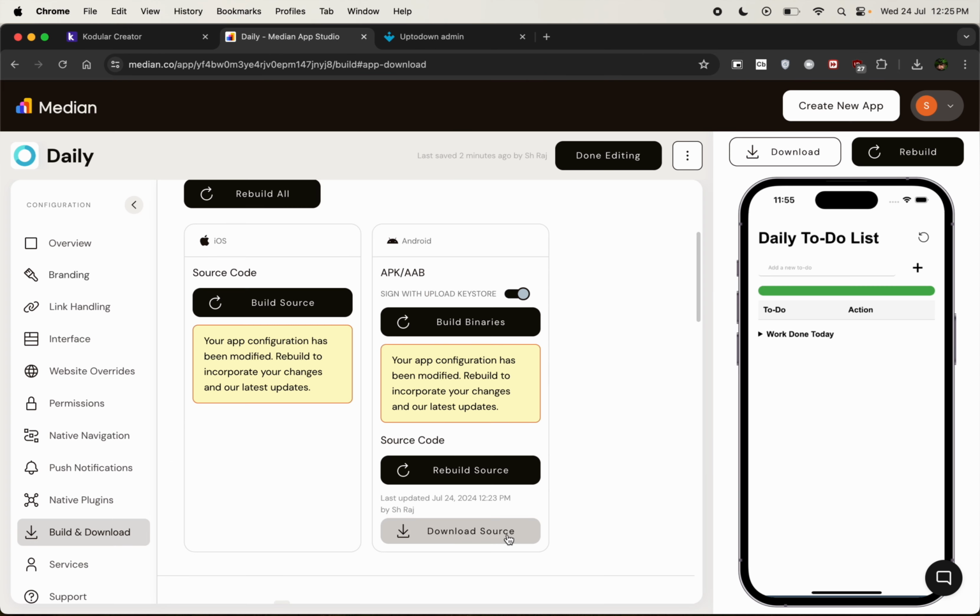Let's see the source code here, and here is our source code and our Android Gradle. You can run this in Android Studio, and this will be your very own copy of your app. You can modify it from Android Studio, and it's fully open source now. All the source code is here, and you can just go to src,